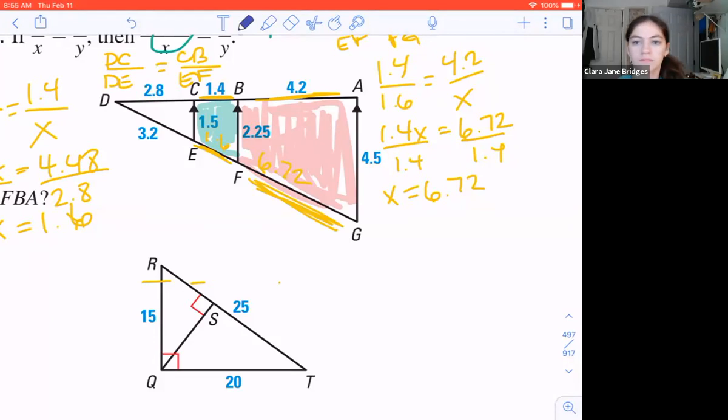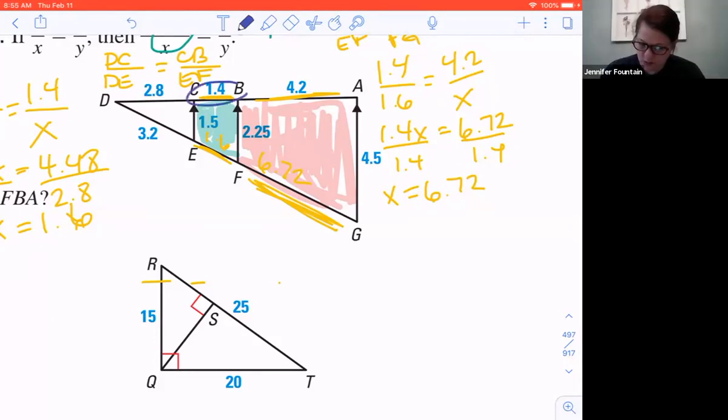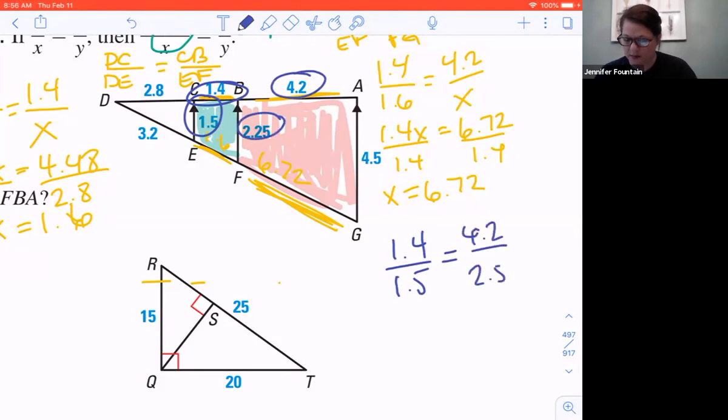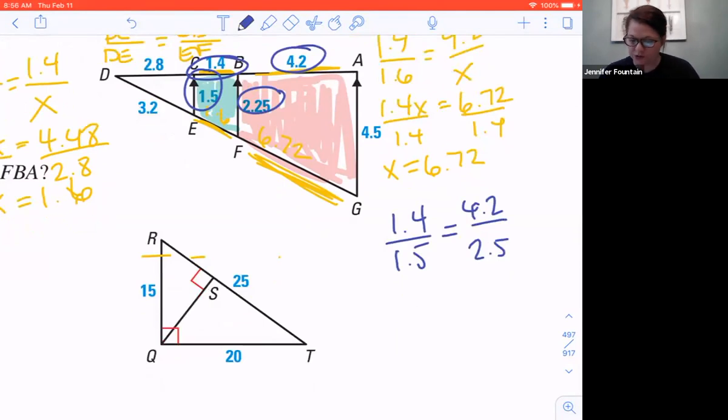So if I wanted to say 1.4 over 1.5 is equal to 4.2 over 2.25, I'm just looking to compare. I'm setting up my proportions with two sides from my first quadrilateral to two sides of the second. And when I cross multiply, 1.5 times 4.2 gives me 3.15. 2.5 times 1.4 gives me,